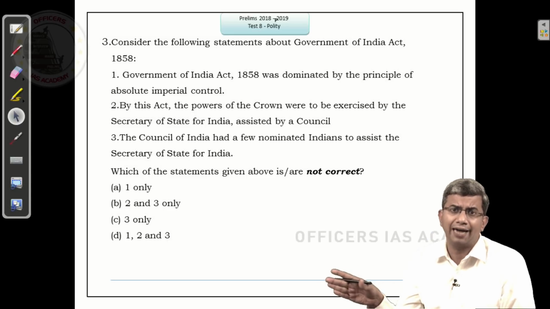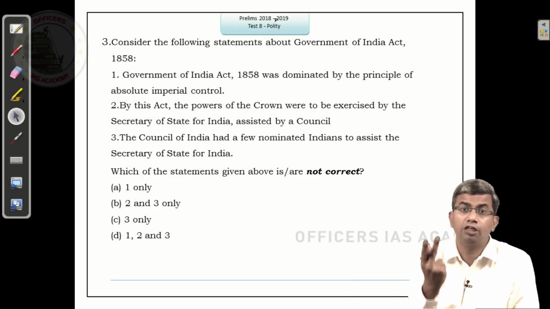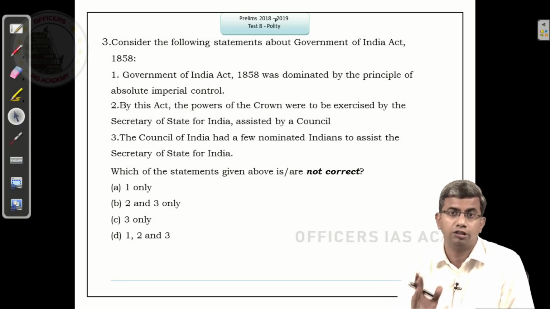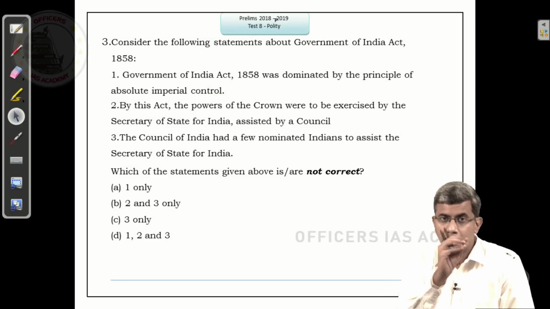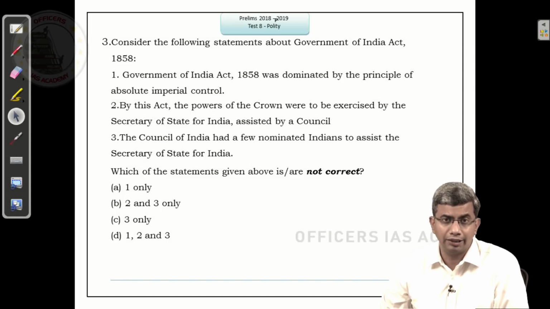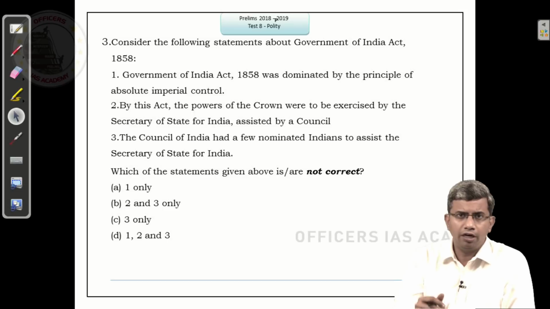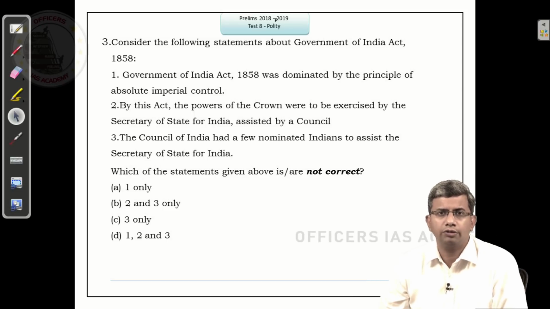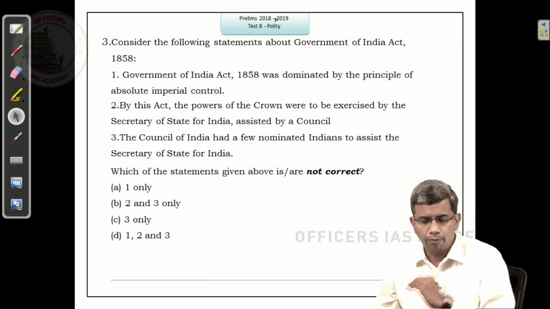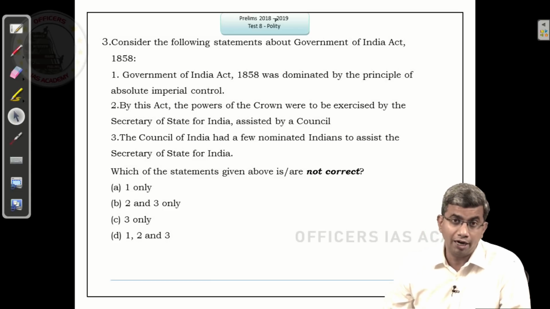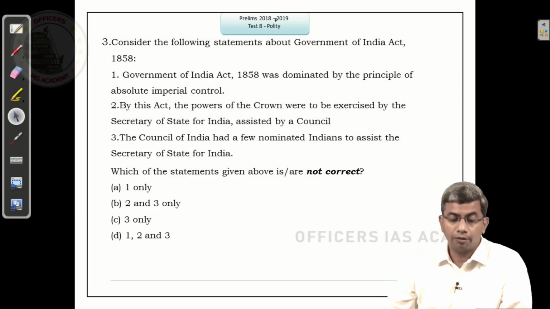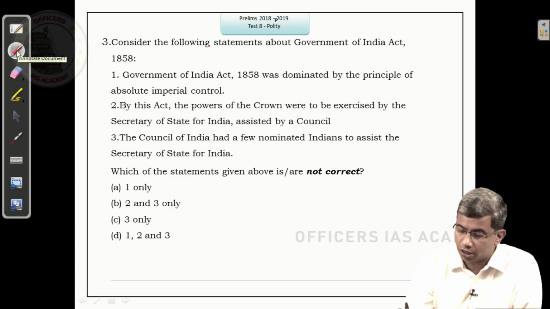And from these acts, invariably one question, sometimes even two questions, are asked in UPSC. So it's a very important area. That's why we have concentrated on this area in this test. So please go through the explanation in detail as I told you, as part of the answer key. But we will look at the questions here, apply the knowledge that we have, and also eliminate and arrive at the answers. Right. So Government of India Act 1858 was promulgated, and before that, what is it that the question is asking for? Which of the statements given above is or are not correct?